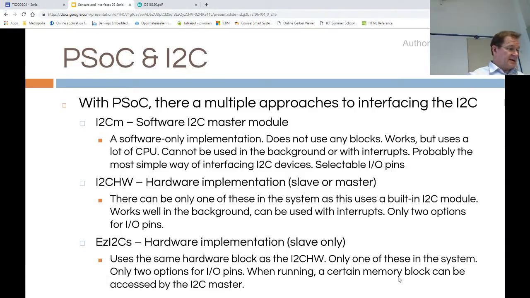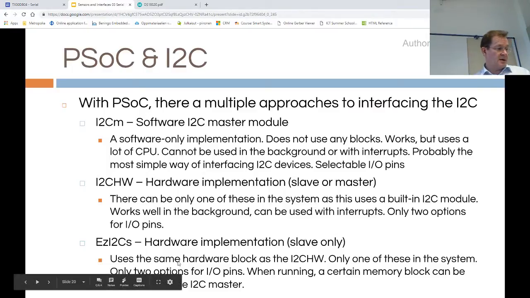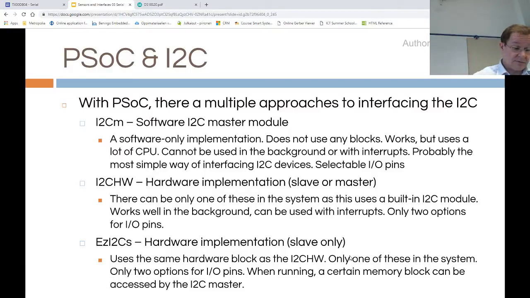Then there's easy I2C, which is the hardware implementation, but this is slave only, meaning that